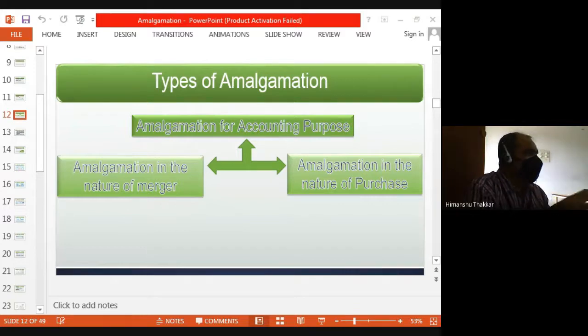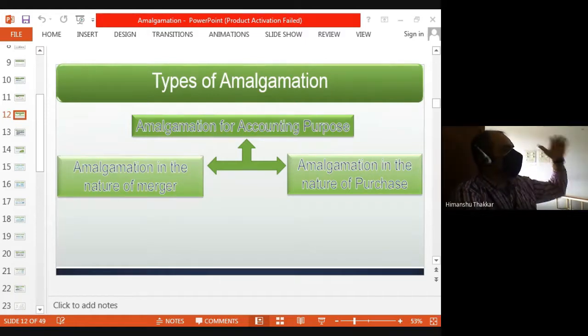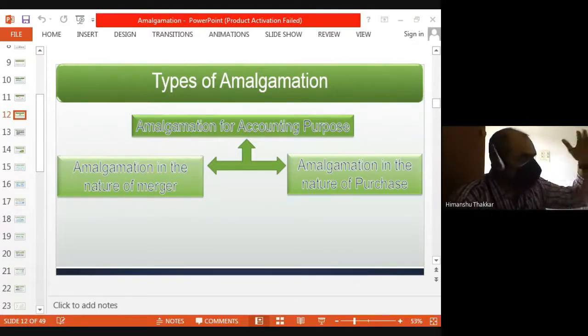Yes. Now the first category sum is, I was already A Limited. I was already having my balance sheet, in that I had my own liabilities and assets. I have taken up your business into me. So my assets and liabilities will increase. So A Limited before absorption was a different company, and A Limited after absorption is a different company. Yes or no? Although the name remains A Limited, my assets will increase, liabilities will increase.